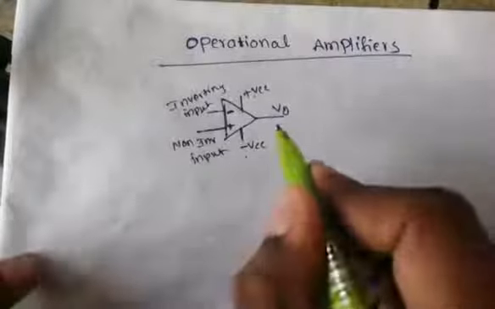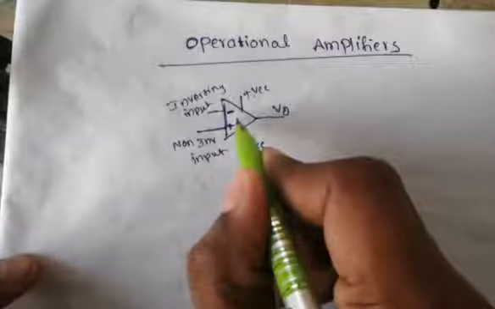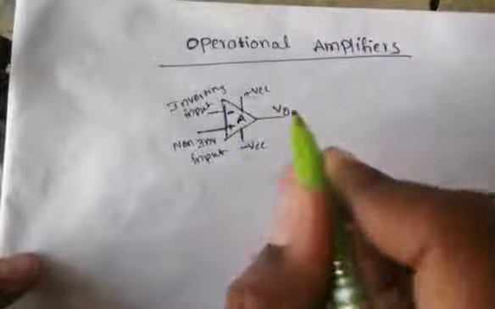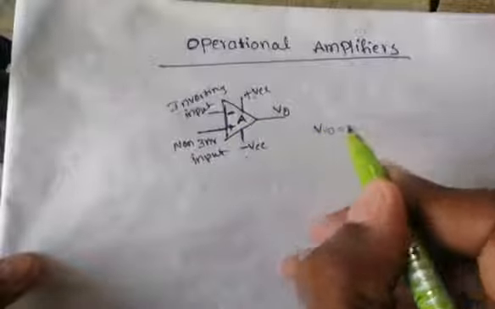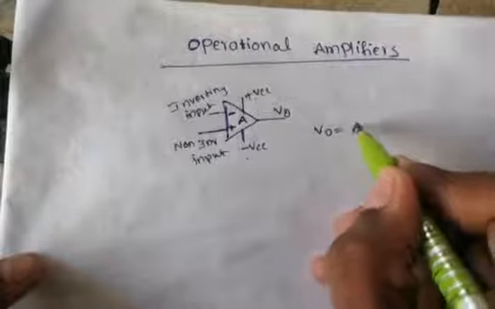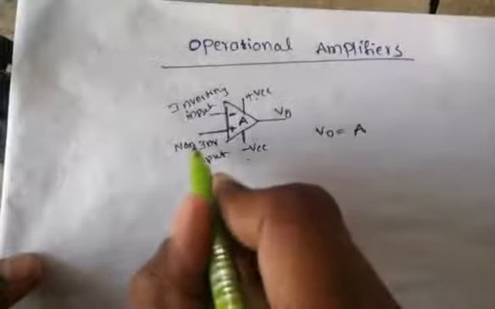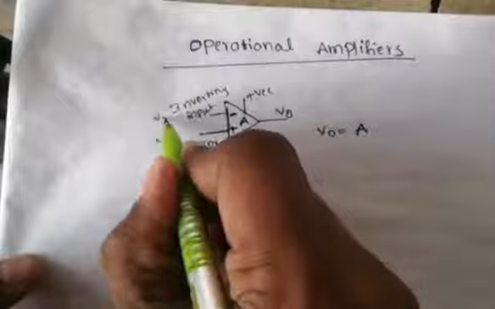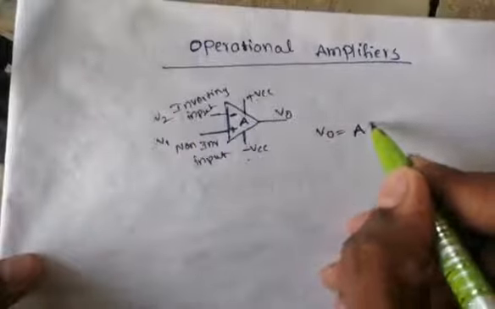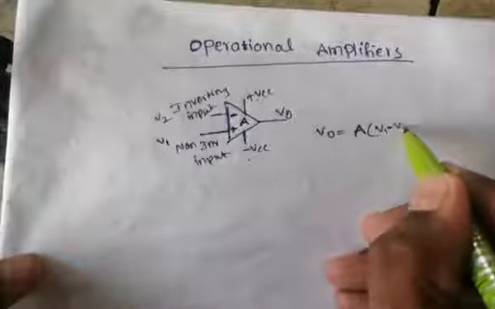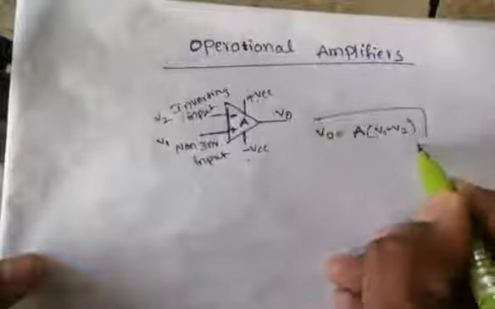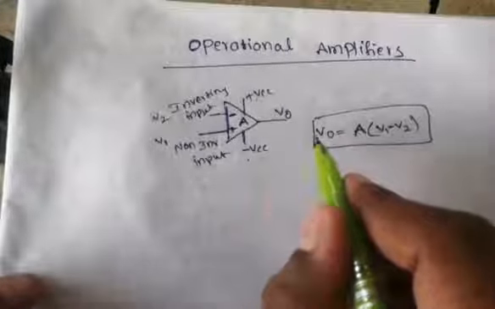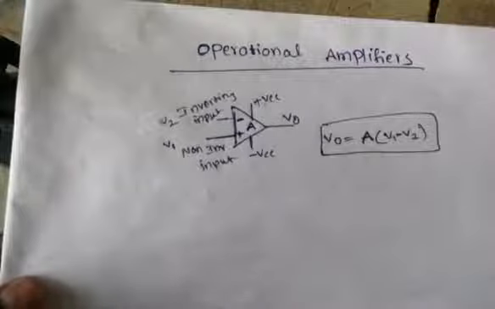So here this operational amplifier has a gain A. Gain means output by input. Then the output voltage V0 is defined as the gain multiplied with the non-inverting potential, which we call V1, and the inverting potential, which we call V2. So V0 equals gain times (V1 minus V2). This is the output equation for the open loop operational amplifier with respect to gain.